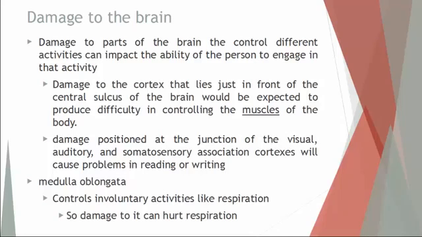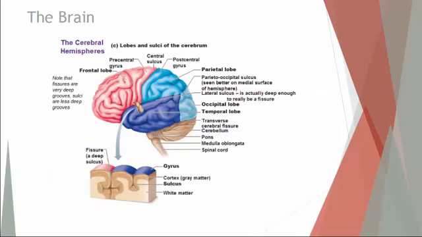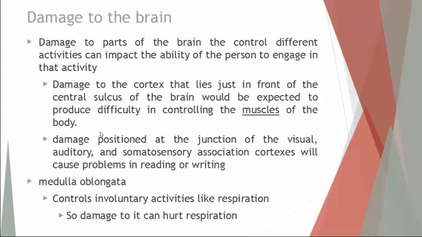A good example of that is there's a famous X-ray of a construction worker, and his name is Phineas Gage. And he was on a construction site working, and then there was an explosion, and a metal pipe went through his brain right through here, right through the frontal lobe. And he survived, but after that his personality was completely changed, all because of damage done to the frontal lobe. And before that he was very calm and very collected, very stoic. But then after that injury, because a good chunk of his brain got damaged, his personality had completely changed, all because of damage due to certain parts of the brain.